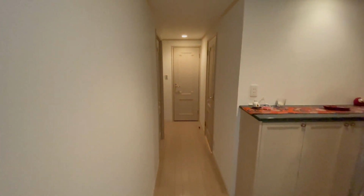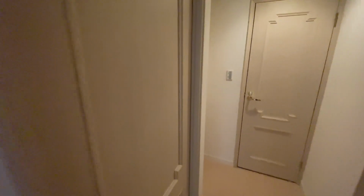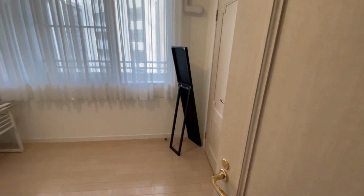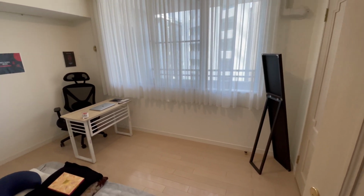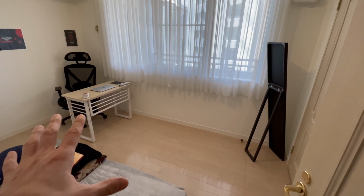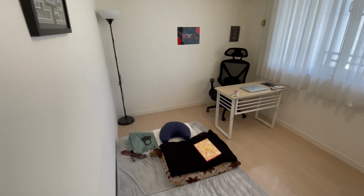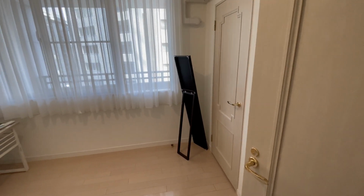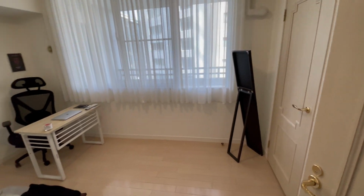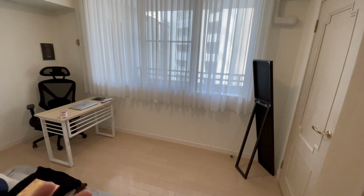Now, coming out of the living room, walking down the hallway, we're going to make a left here, and we're going to go into what I would just call the spare bedroom. In this spare bedroom, it's an area where I keep some of my clothes. And I'm also just using it as a computer office for the moment. I do have an extra bed here just in case I have any guests and they would want to stay. But this is a pretty small bedroom. I would say for a normal 1-bedroom apartment in Tokyo, this would be the size of a typical bedroom. Again, lots of great natural